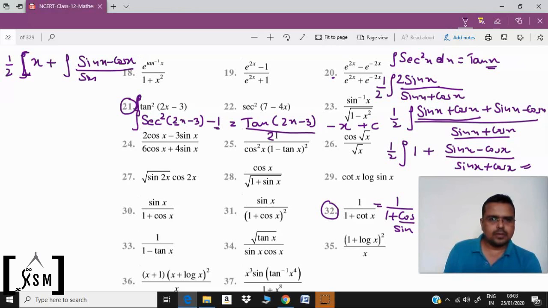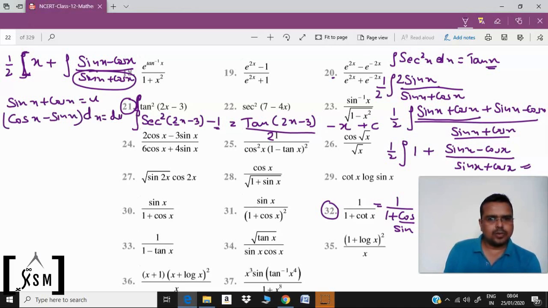Let's suppose the denominator part as u, sin x plus cos x. When we differentiate it, we get cos x minus sin x dx equal to du. Now here we have sin x minus cos x, so we can say it is minus du,